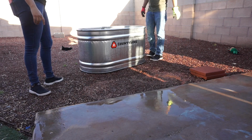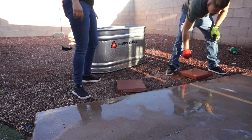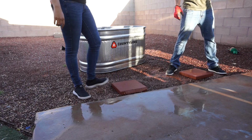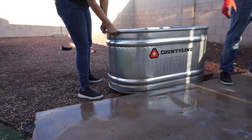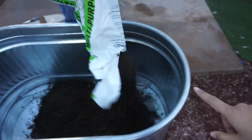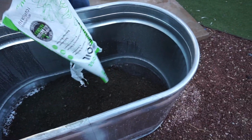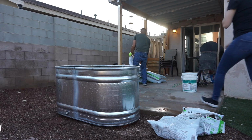I'm really excited to show you guys how we built our raised garden as well as our in-ground garden. So the first one you guys are seeing right now is our raised bed garden, and all we did for this one is we purchased this tin feeder off of Tractor Supply. We got it on sale for $99, but we decided to go with this because it's just gonna last way